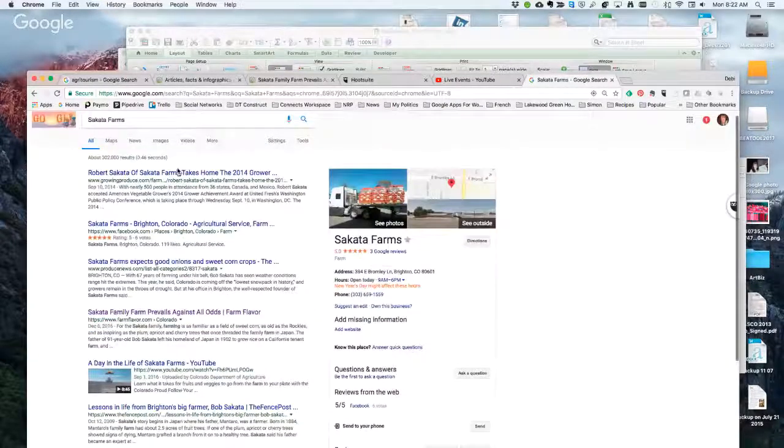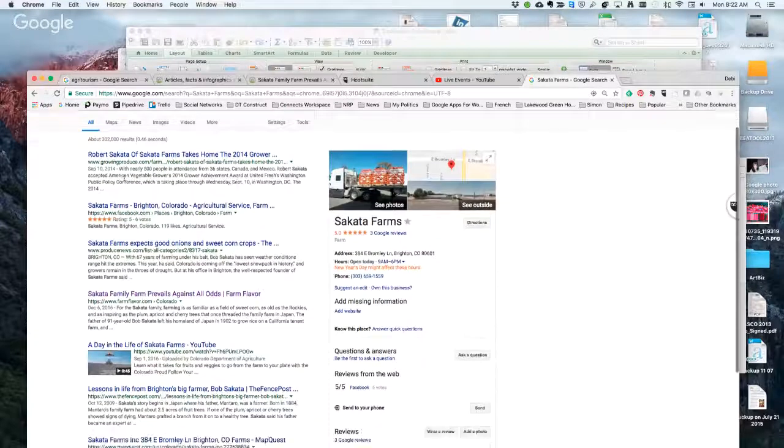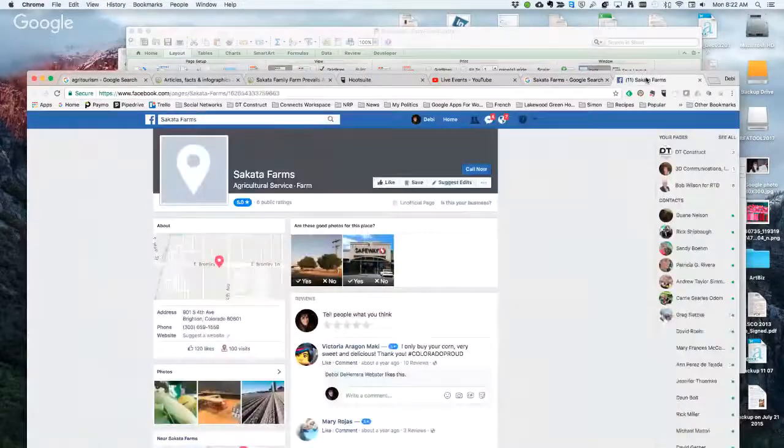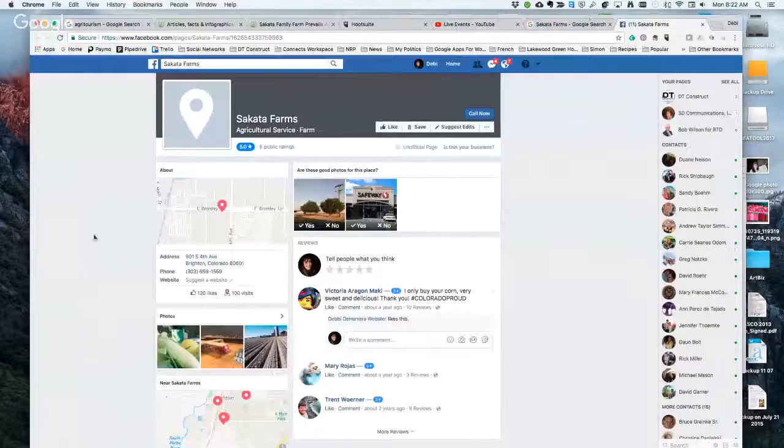So he does have a Facebook page, however. And I see he's also on growingproduce.com. That's a 2014 article, I can tell from this summary. But he does have a Facebook account, and I'm guessing, again, I held down the command button. It would be a control button on your PC. It's a command button on Mac, while I clicked on that.